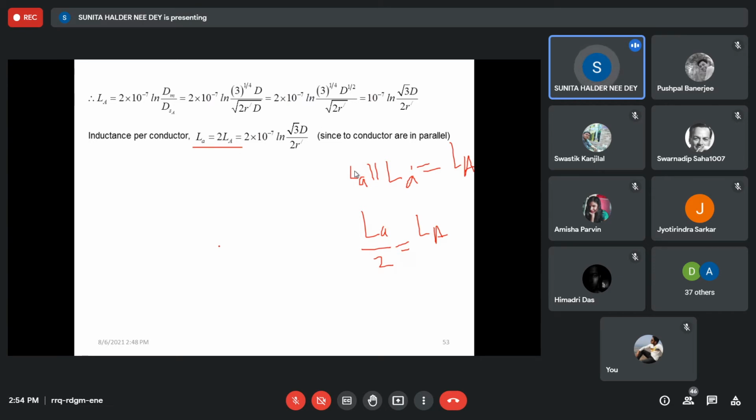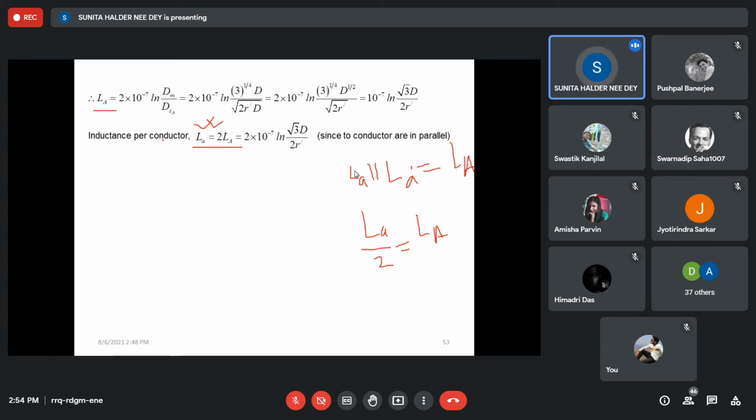Now, if you start from the flux linkage approach, then you will get small la, because in the flux linkage approach, we start from the conductor, one conductor at a time. It cannot identify how many subconductors are within a conductor, or one subconductor at a time. So from there you have to make the series-parallel combination. But if you use the GMD-GMR approach, you automatically get the total inductance.